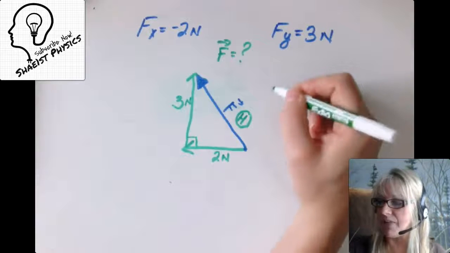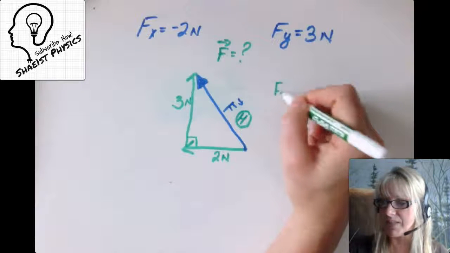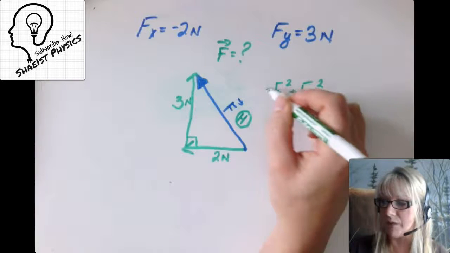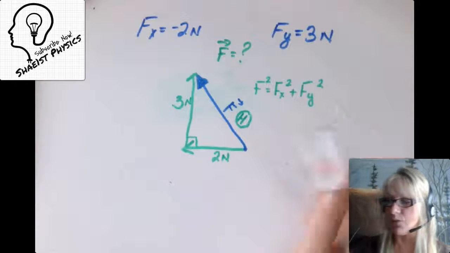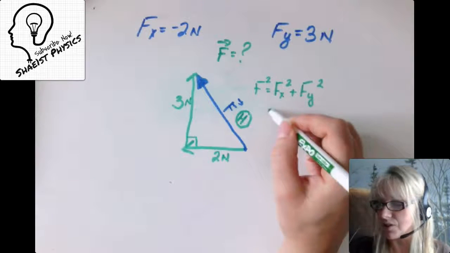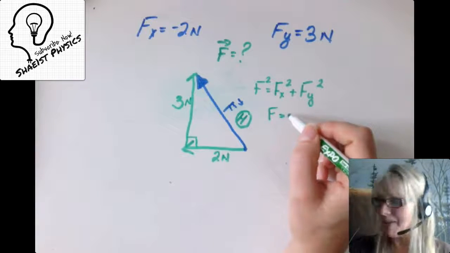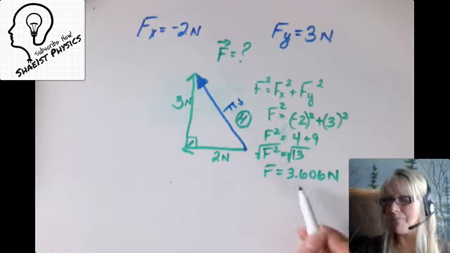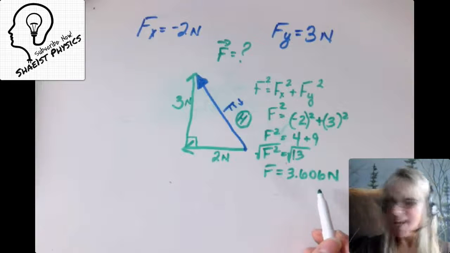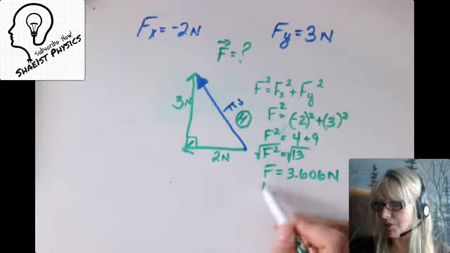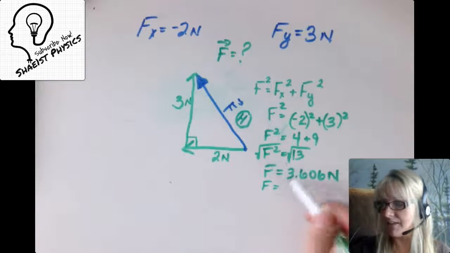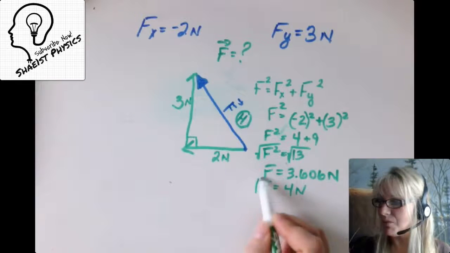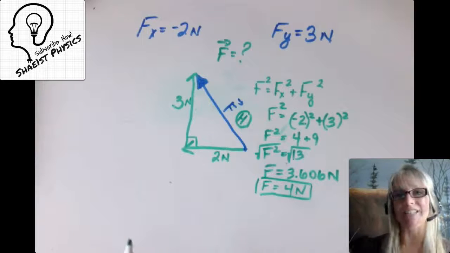So the Pythagorean theorem basically says if I take the square of the x component and the square of my y component, that is going to equal the square of my resulting force. So I'm going to quickly do this math. Now we have the magnitude of that force. Now I'm going to round that to sig figs. In this case, we have barely any sig figs at all. We just have one. So the magnitude of my force is 4 newtons,